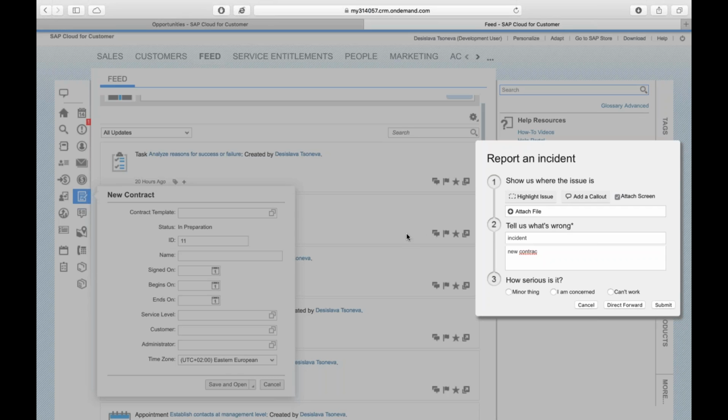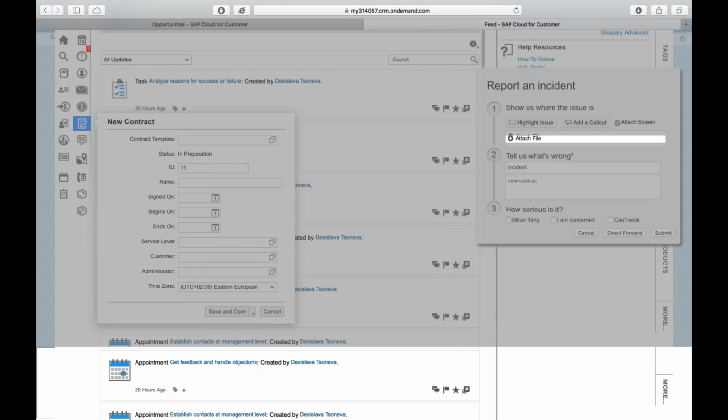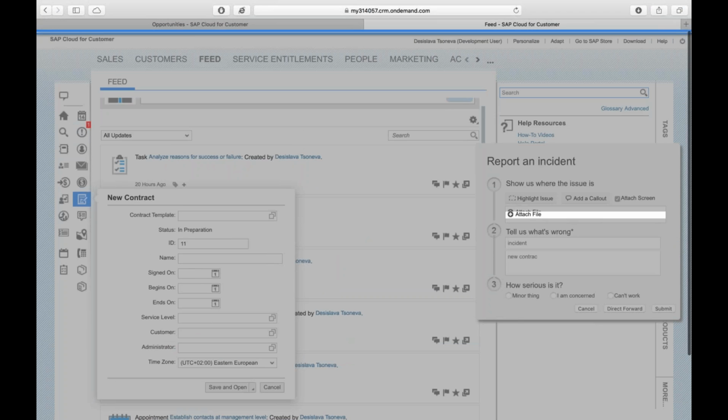And that's it. So basically, you can create all your incidents directly from the Cloud for Customer, and it will automatically send them to the key users. If the key user cannot react to the incident, they can forward later on those incidents to the SAP support team.